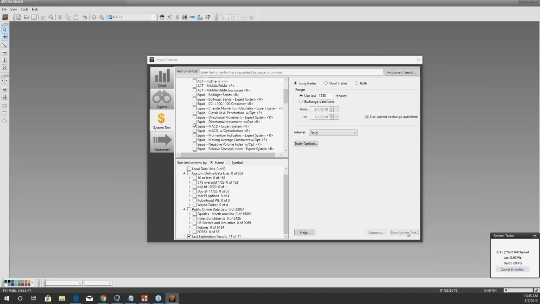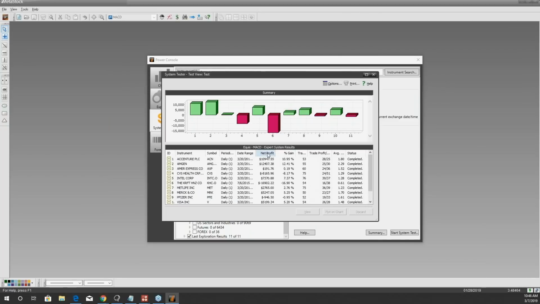Hopefully the MACD just works at least decent with some of these. We're going to do longs on that same list though, and see what happens. Let's see, view results. Oh, look, we actually have some profits here. And that's not bad. If we organize it, we can see